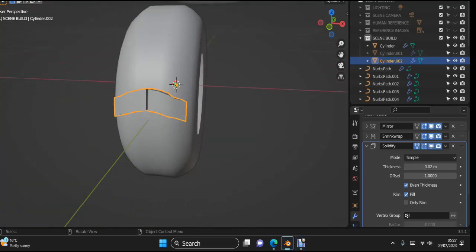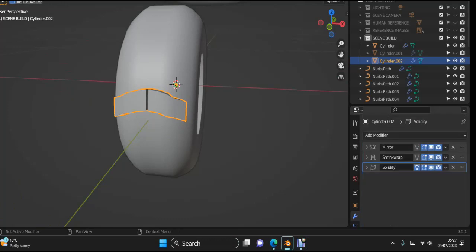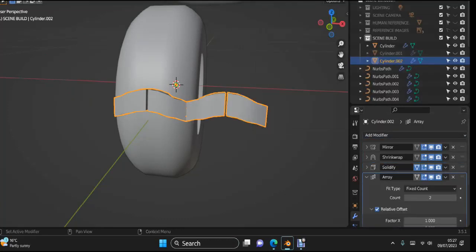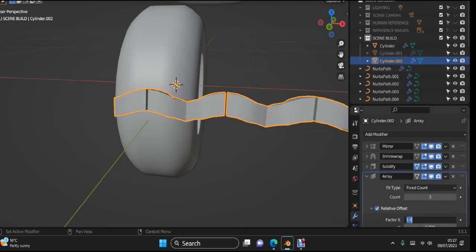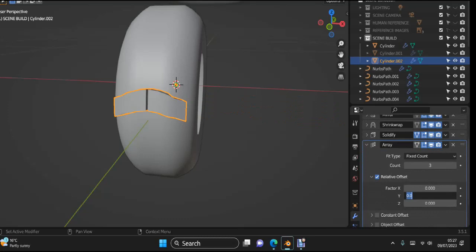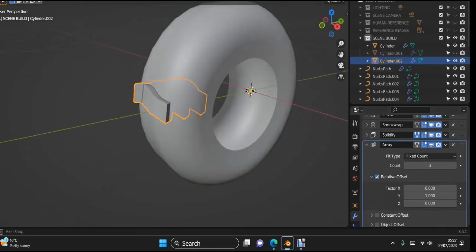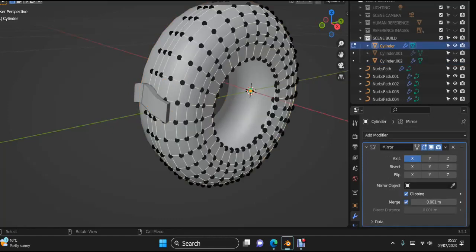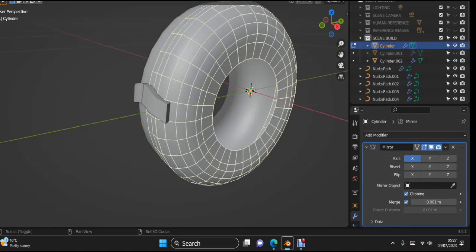Now what I'm going to do is I'm going to add another modifier. I'm going to add an array modifier. Take that up to 3, something like that. I don't want it going on the X, so put a 0 in that one. I want it going on the Y, so put a 1 in there. Now I need to click on the tyre in edge select. Edge select, grab that edge loop,